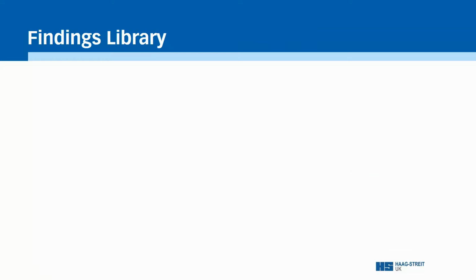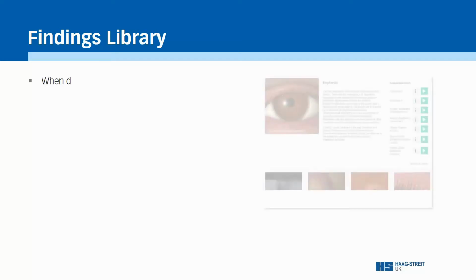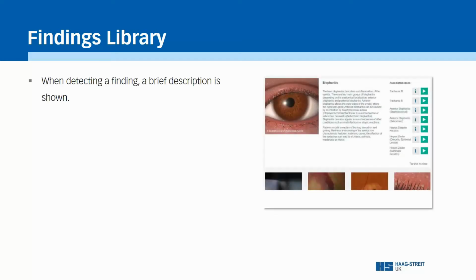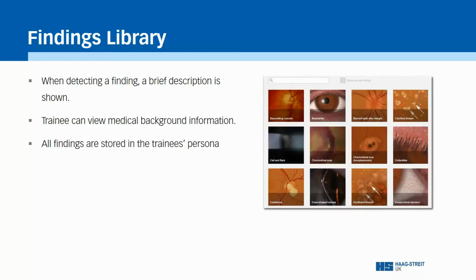When you begin your training, the findings menu is initially empty. This means that you have to collect findings one by actually seeing them in a virtual examination. These include a brief description of what you have found, including medical background information. This way, you build up your personal findings library during the training, which allows trainees to undertake a self-reliant recap